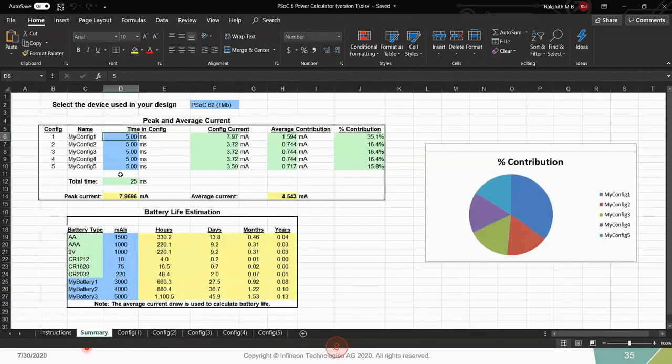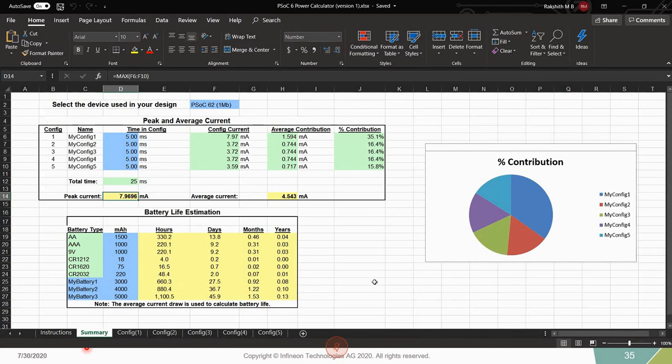And finally, in the summary page, you need to provide the approximate duration in which the device will be in that particular configuration. Based on these values, the Excel tool calculates the average current and the peak current for your application. And you can get an estimate of the current consumed before even actually developing the application.